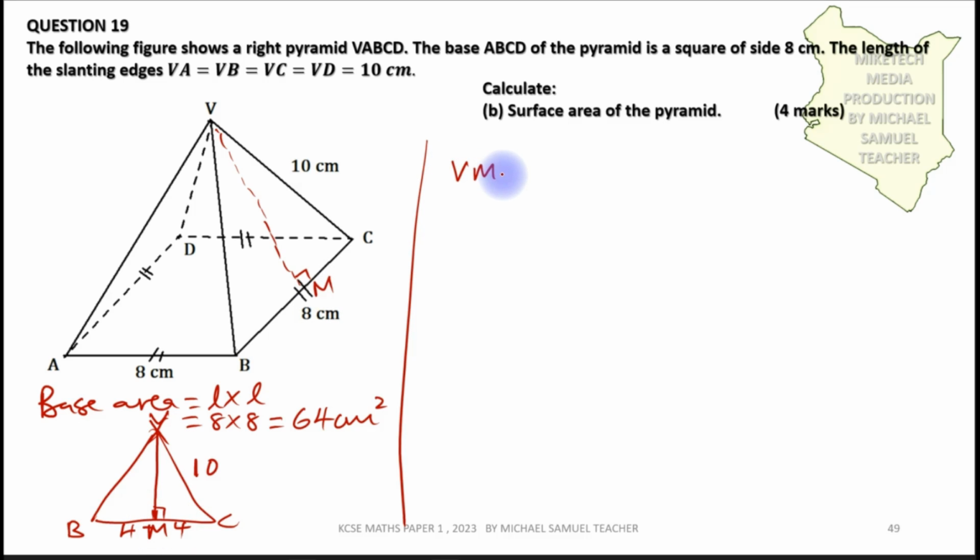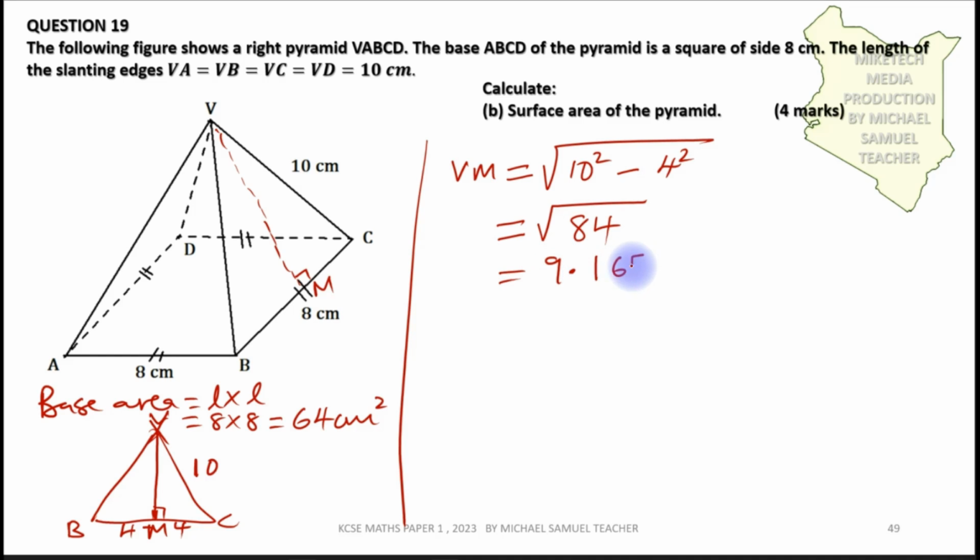So Vm will be equal to the square root of 10 squared minus 4 squared. We shall end up getting 100 minus 16, that is 84. So the square root of 84 is 9.165 centimeters, and therefore the area